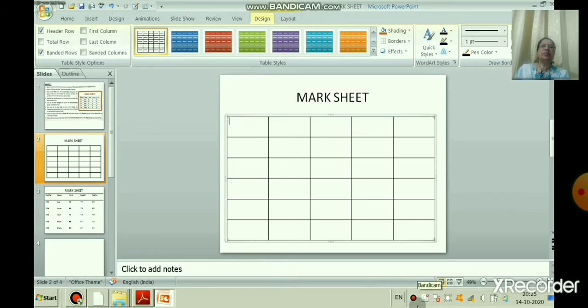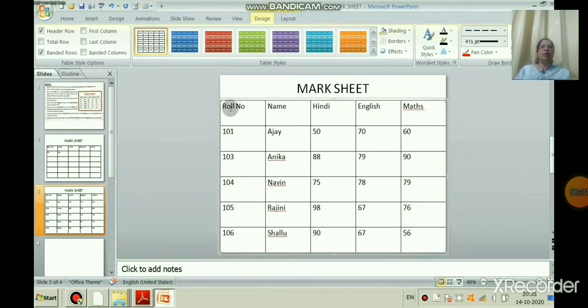Now we will start typing here. We will see our lab activity. As per the lab activity, there are roll number, name, and 3 subjects' marks: Hindi, English and Maths. And they have given the data. How to enter the data? Take the cursor there with the help of the Tab key or mouse. Use mouse or Tab key. So go on, type and complete your data as per your lab activity.